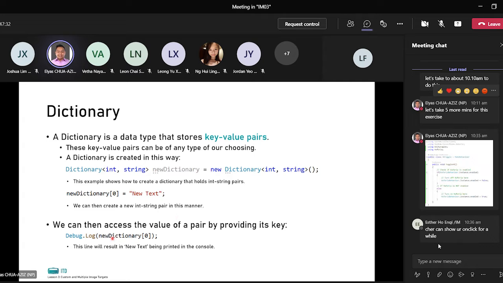So in this example line here, debug.log, a new dictionary square bracket 0 square bracket, it will result in the new text being printed in the console. So new text is what I have up here. All right, if you just look at this line here, as well as this line over here, you may notice that this looks very similar to the arrays